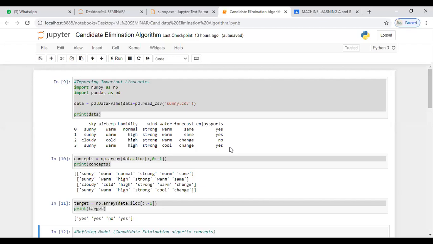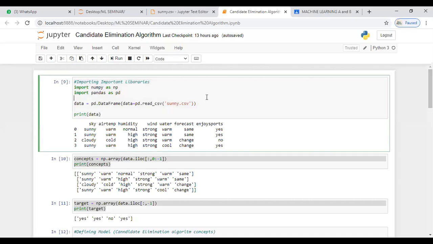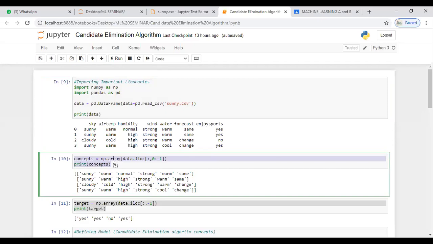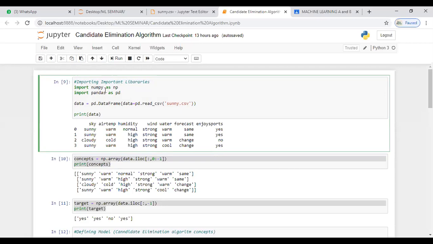Now, the first step in program execution is importing all the library files. So what I do is import numpy as np and pandas as pd. Why do we use numpy? What's the use of importing numpy? Because you can find here we have some of the names as an array, so that is the reason for importing numpy. And why we use pandas? It's for the retrieval of the data from a particular data set. So I import these libraries in my program.